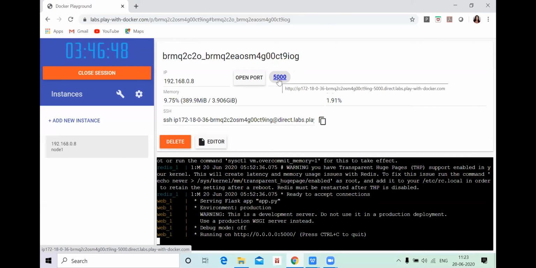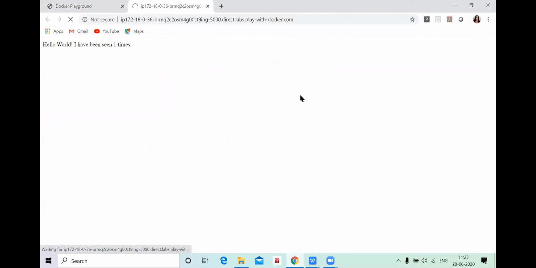So here I'll just click 5000. Now you can see my output has come: Hello World. I have been seen 1 time. Because I clicked for the first time, if I refresh, you can see it is increasing. Again, if I repeat, it is increasing. So here we have used multiple containers to run our Docker Compose project.